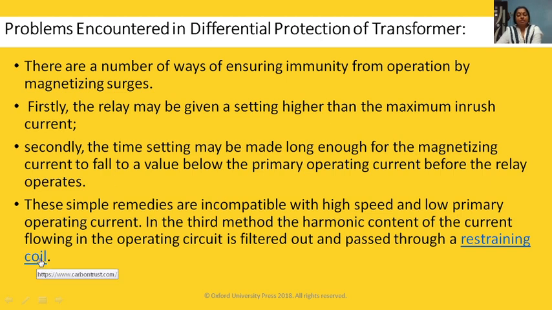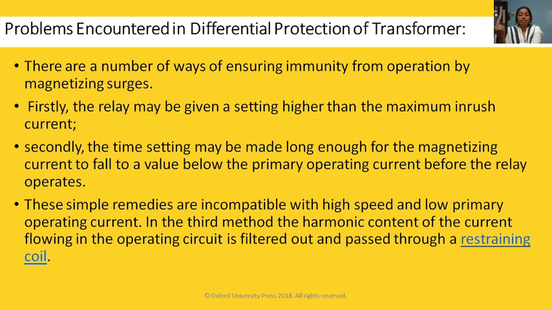So this is not feasible for transformers. These simple remedies are incompatible with high speed and low primary operating current. In the third method, the harmonic content of the current flowing in the operating circuit is filtered out and passed through the restraining coil. In the first method, we use a setting greater than the maximum inrush current.